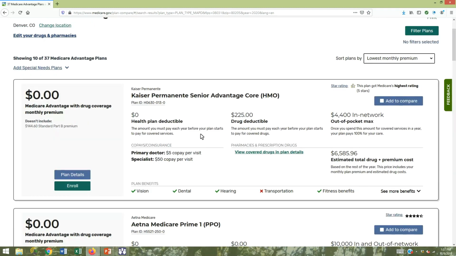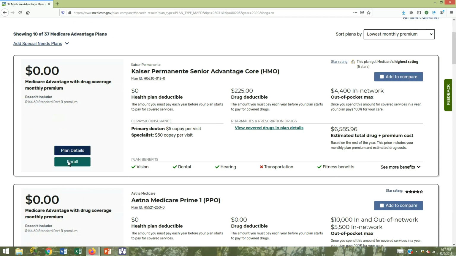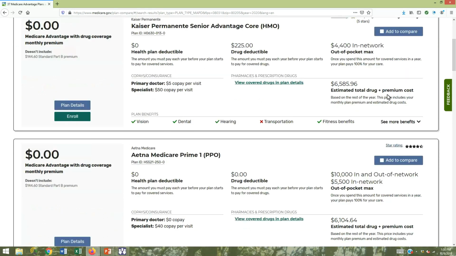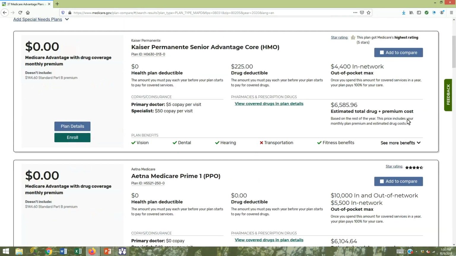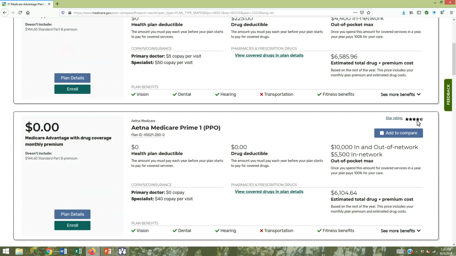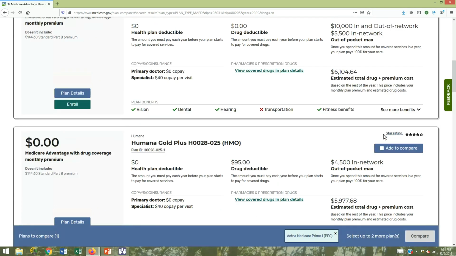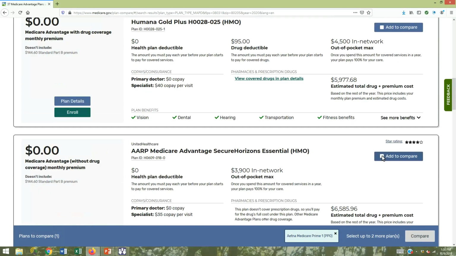Pops it up. It also allows you to enroll from the screen as well. On the far right-hand side, if you want to compare, you can also see the rating of these policies. This one gets a 4.5 star out of the 5 star. So let's just put a little check mark by that one, and then we'll put a check mark by another one down here, and then you can go down here and compare those particular two that you chose.